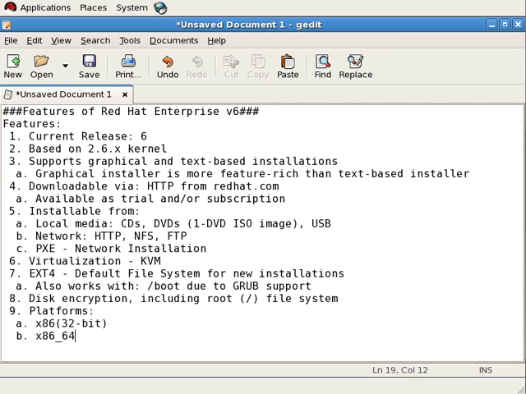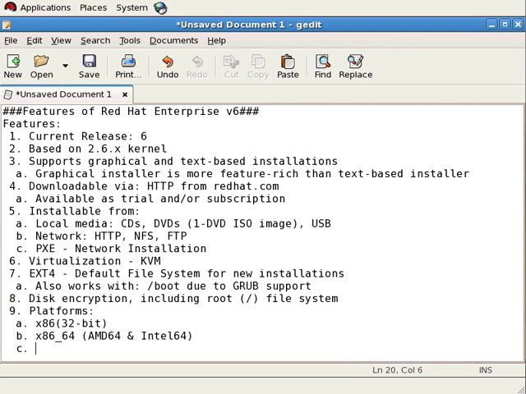And this means you'll need to use different sources for different platforms. The x86_64 and x86 share the same sources, but IBM Power and System Z use other sources. So x86_64 covers AMD64 and Intel 64,